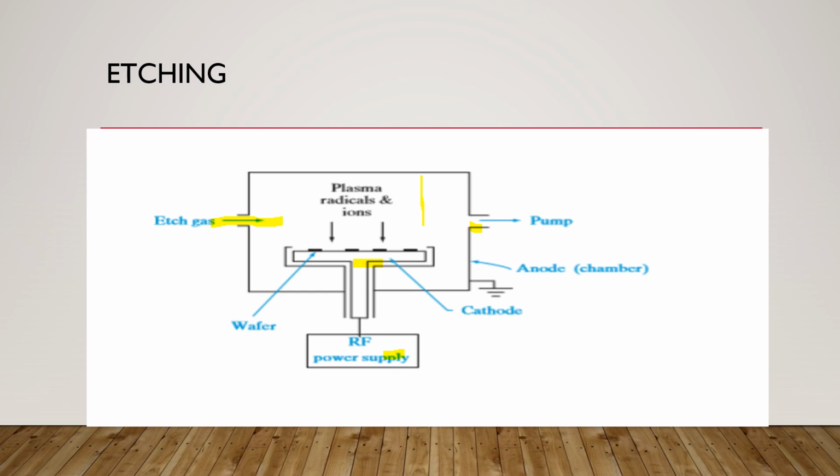So the reduced pressure which is applied inside it is 1 to 100 millitorr, and a plasma is struck by applying RF voltage across anode and cathode. The RF voltage accelerates the light electrons in the system to much higher kinetic energies, around 10 electron volts, than the heavier ions. The high energy electrons collide with neutral atoms and molecules to create ions and molecule fragments called radicals.